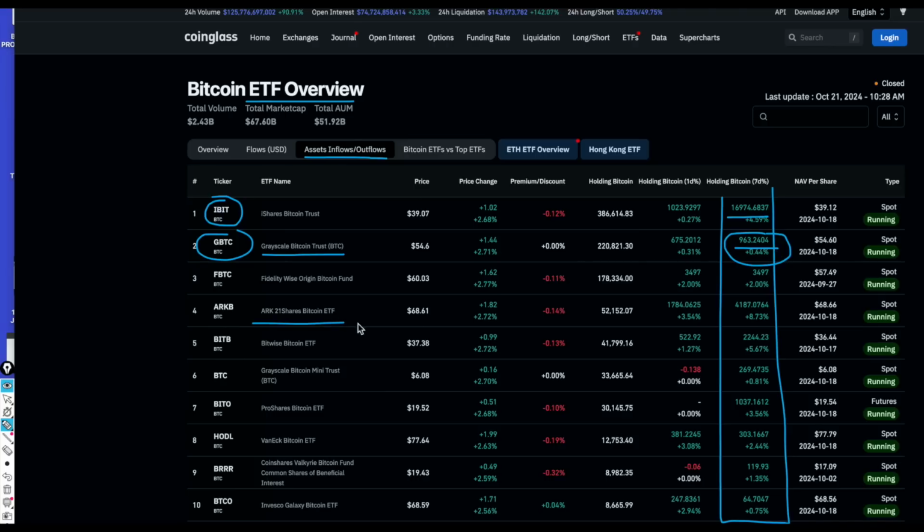And if you look at ARK, 4,100 Bitcoins. So there are some really nice figures going in, which will be reflected in the price. 2,000 here, 1,000 here, etc. So an incredible amount of buying going on, which may be a great signal that we may be about to break through and test the all-time highs at 73,000.